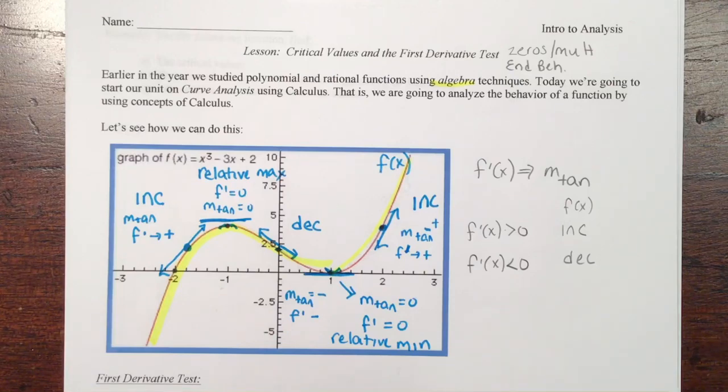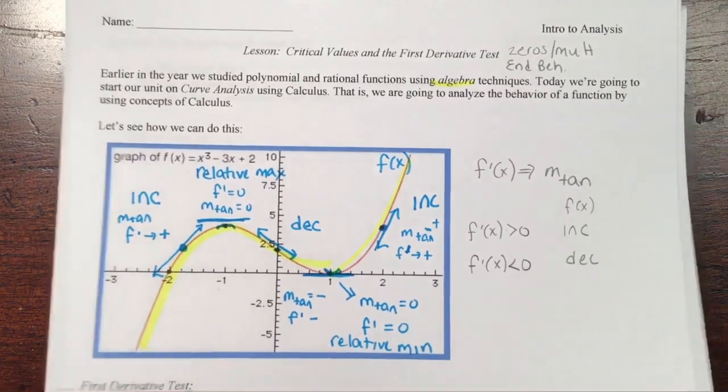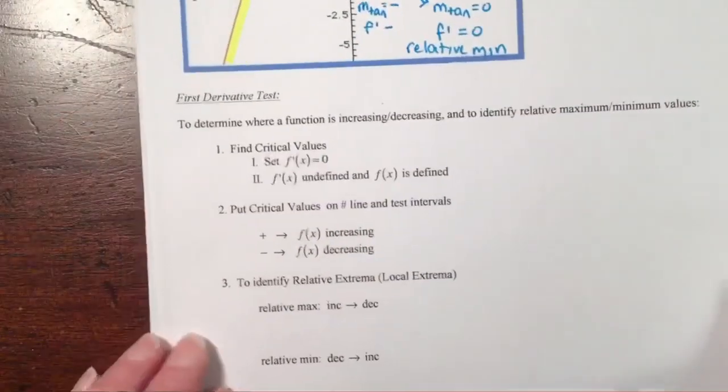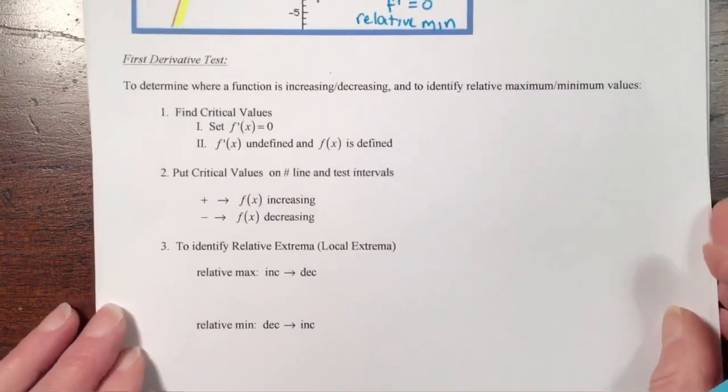And also, these relative maximum values and relative minimum values, we're going to describe them as something called critical values in a curve, and we'll get to that in just a second. So just to summarize real quickly what we went through today and how we're going to apply it to a curve,